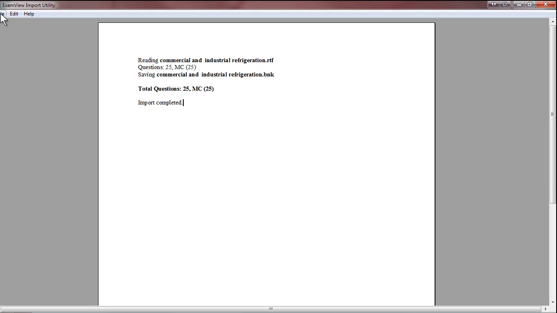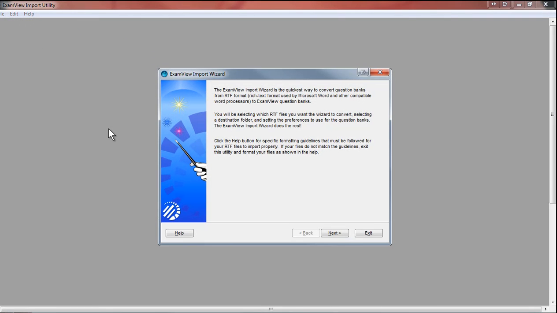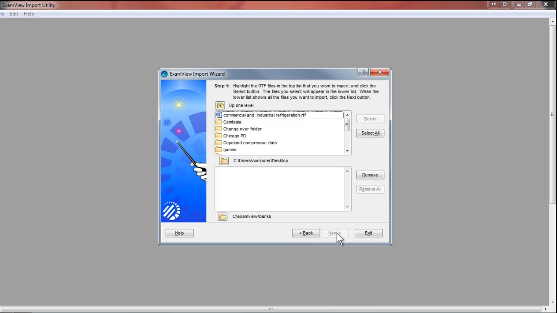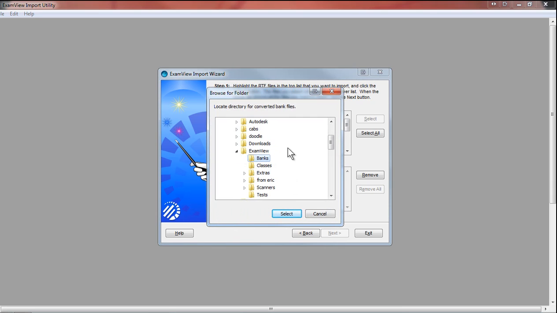Alright, so I'm in the utility, and I'm just going to go New Import so I get rid of that screen. This is what you see when you first open the import wizard up. And you hit Next. Now, this is important. These are the areas, first of all, this bottom file folder is where Examview is going to save the bank